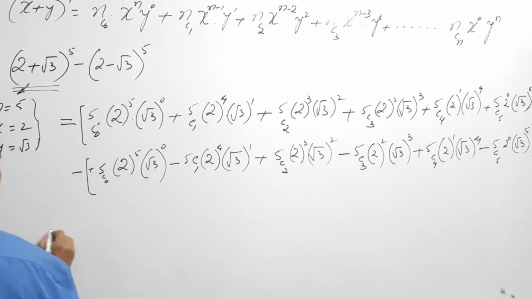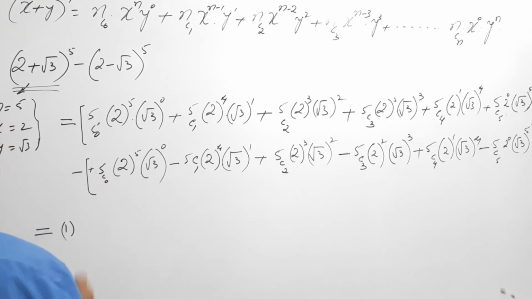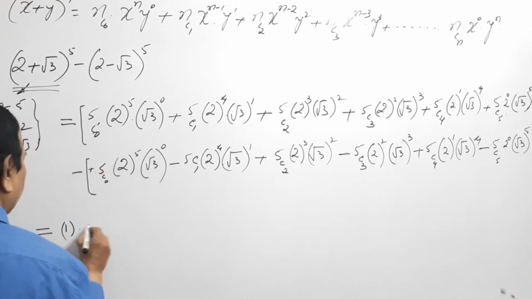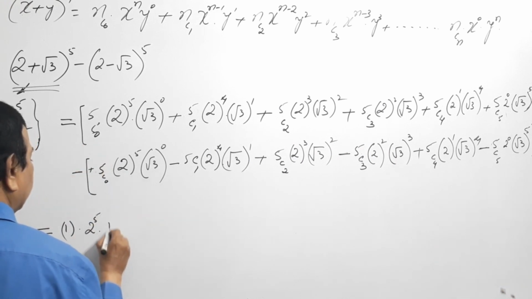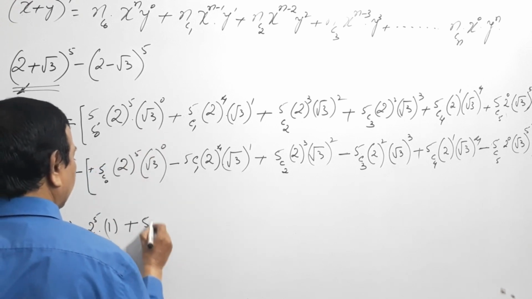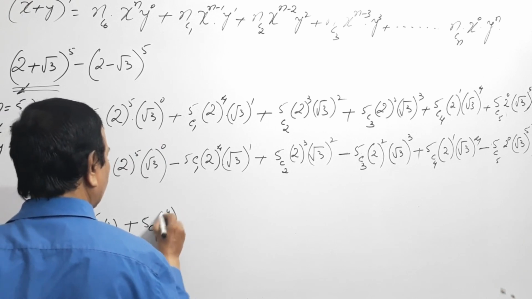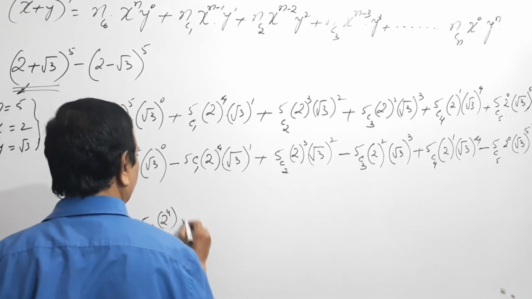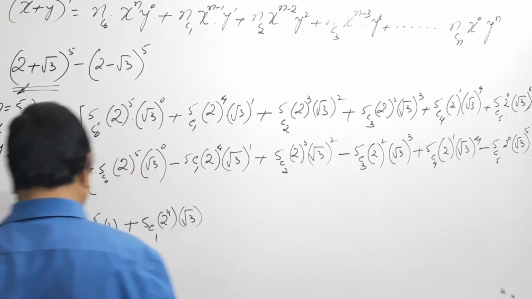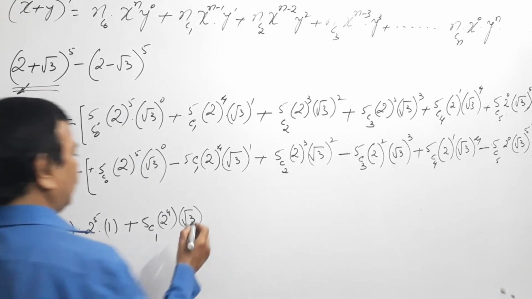Now one more step, that is equals to 5C0 is nothing but 1, 5C0 is 1 into 2 to the power of 5 and this again becomes 1. So plus 5C1 2 to the power of 4 into root 3, root 3 to the power of 1